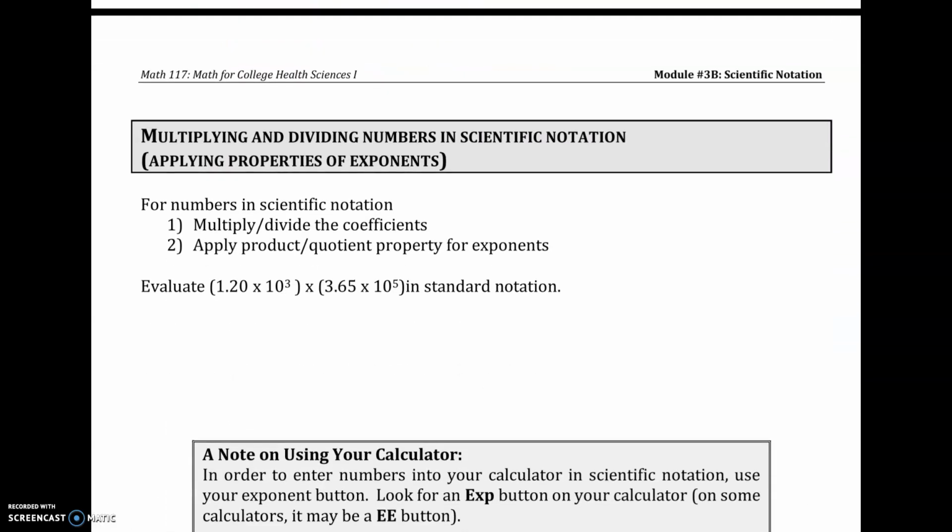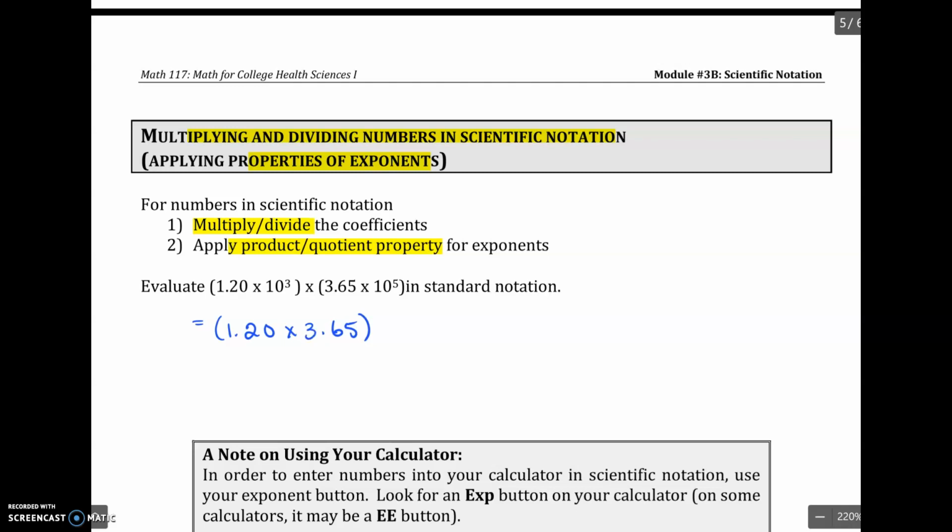Okay, let's look at this one last concept, which is multiplying and dividing numbers in scientific notation. So that is where we are going to apply properties of exponents. So I'll do this one example with you using the steps provided here, but then I'm going to show you something, a neat button on your calculator that's going to let you do it. So when this is saying to multiply or divide the coefficients, depending on what it's being asked to do, and then apply the product quotient property for exponents. So this question's asking us to multiply. So we will multiply the coefficients, so 1.2 times